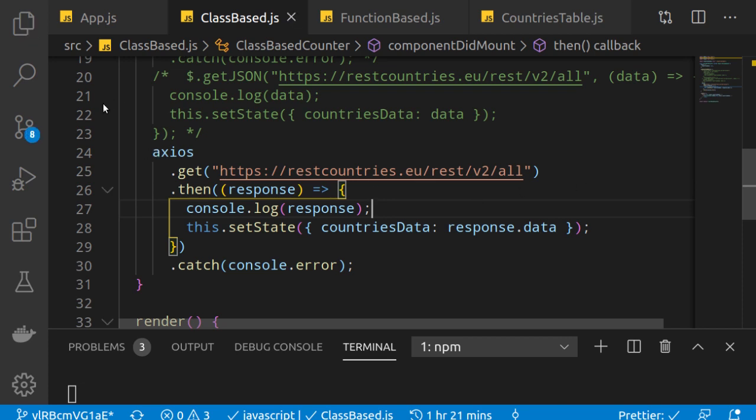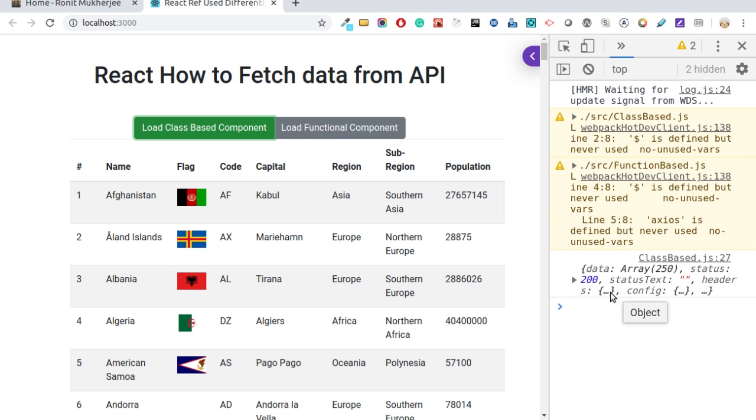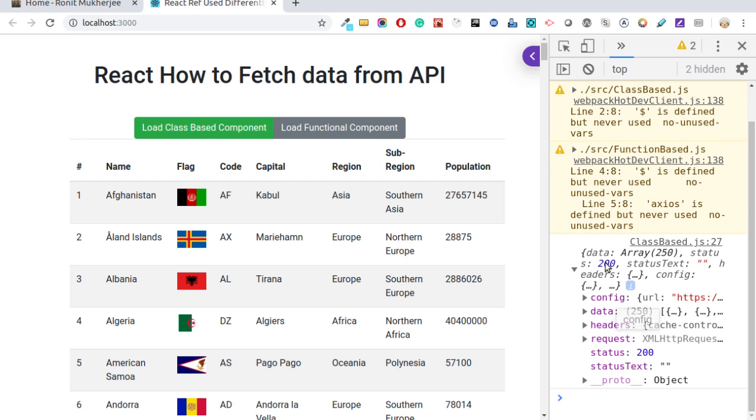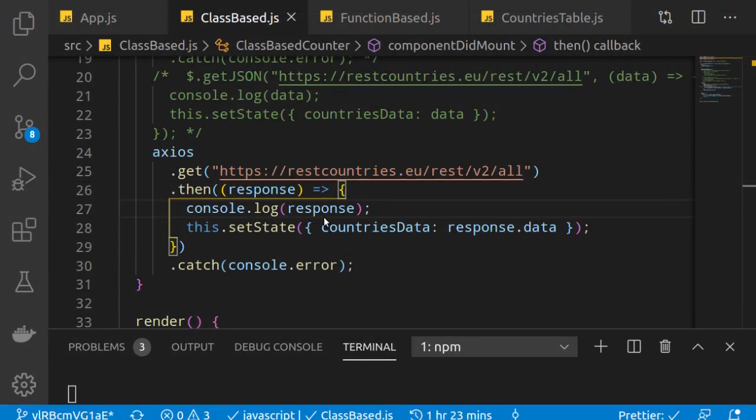Okay. So here we can see now, if we load this, okay. So here it's the data which we received as an Axios response. So as I mentioned that when we use Axios, we get some other informations about the response, and within it we have this particular data field which contains actual data which we received. So that's why I've used response.data. So let me go back to the code again and see this. So this is the thing which we have used, response.data. So I hope you have understood all these three ways of fetching data from the API and using it to render in our code.